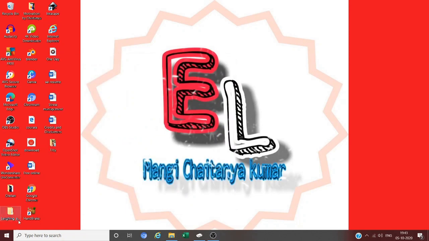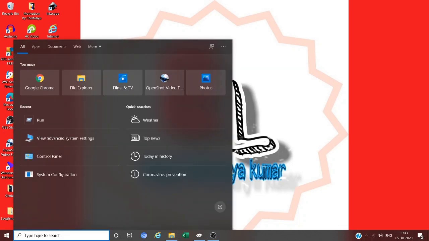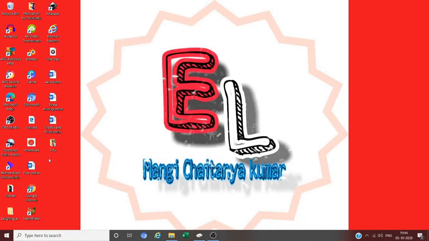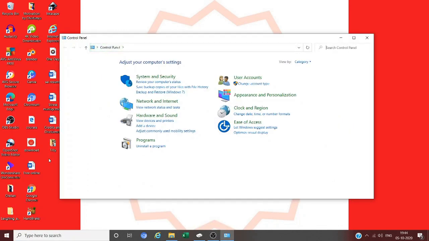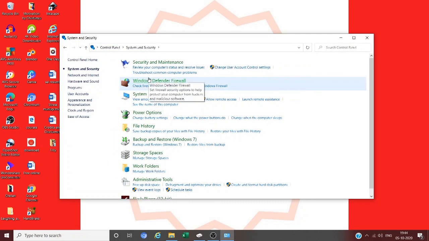Then we'll go with the fragmentation part, that is defragment and optimize. Going to the control panel, click on the control panel, click on System and Security.